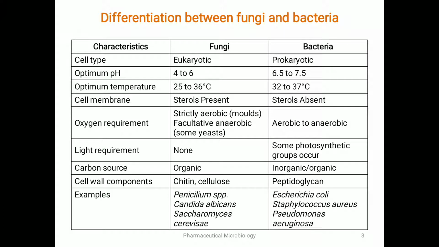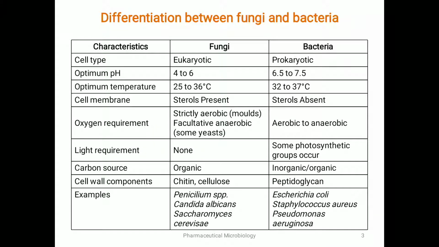Okay. Then optimum temperature means the temperature at which the microorganisms grow well. So fungi have optimum growth temperature between 25 to 36 degrees Celsius, while bacteria grow best at 32 to 37 degrees Celsius. So that's why after incubation of bacteria into the culture medium, generally 37 degrees Celsius temperature is chosen. But in order to store the fungi, the temperature is between 25 to 36 degrees Celsius. Means lower temperature is required for growth of fungi, and that's why the fungi are generally